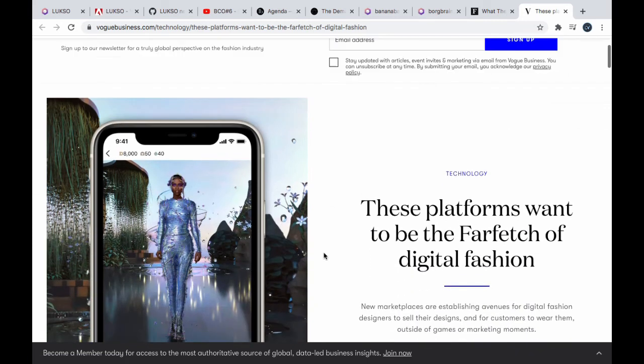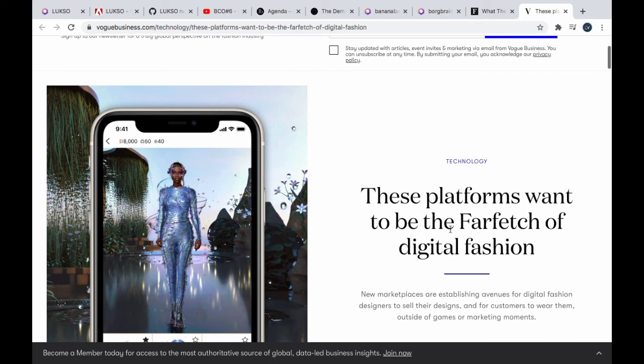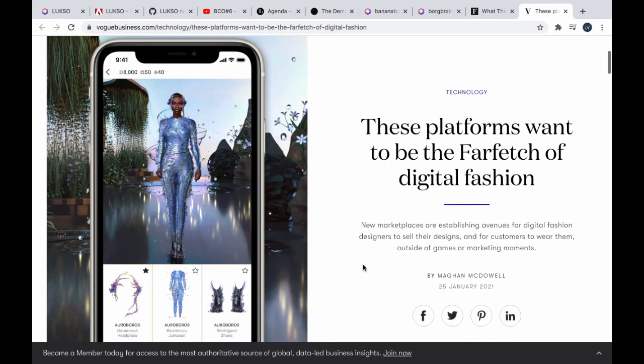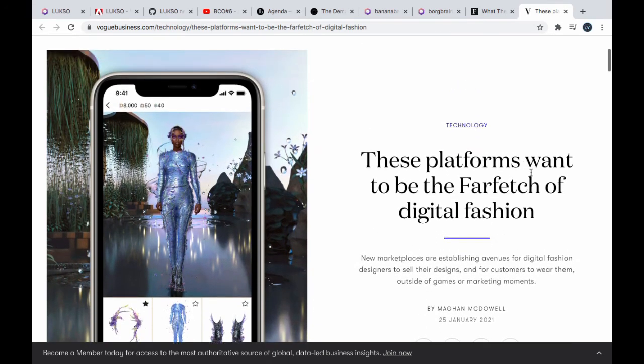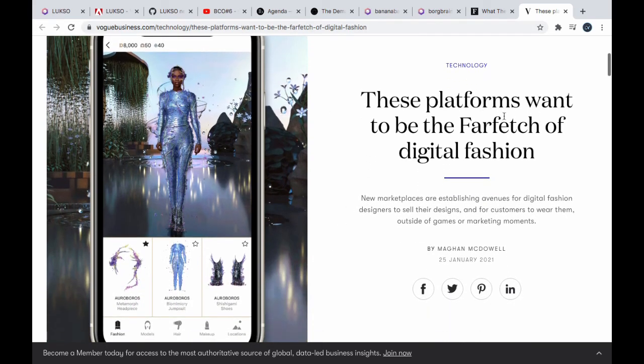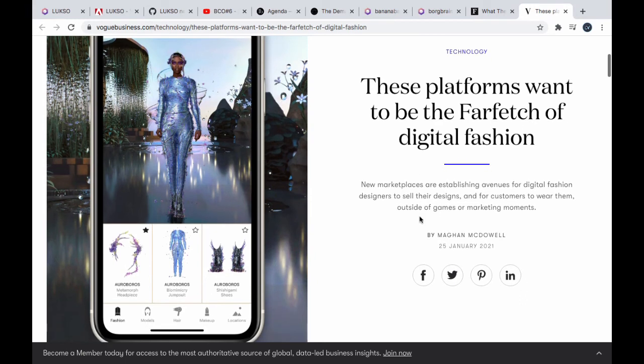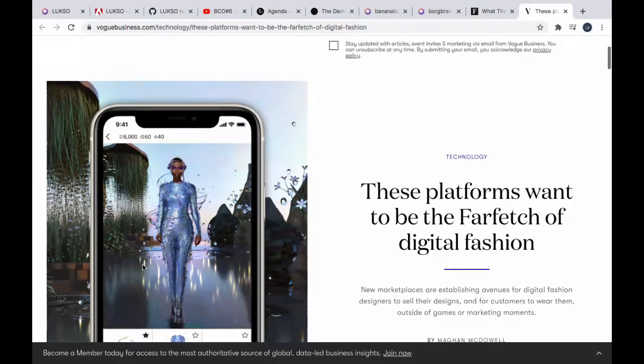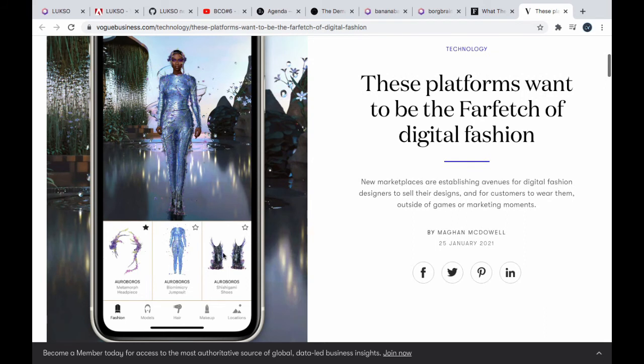Right? These platforms want to be the Farfetch of digital fashion. I don't know. I feel like grammatically there should be a different word there, but maybe I just don't get it, or this is a British thing or something. I'm not really sure. But point is, look, this is showing off a representation of what the Dematerialized, or